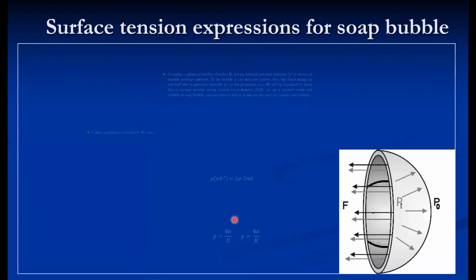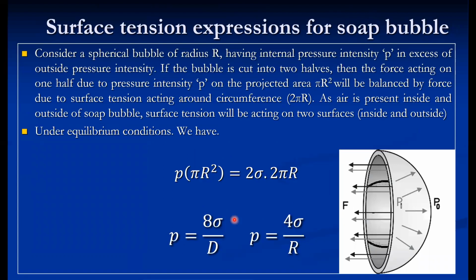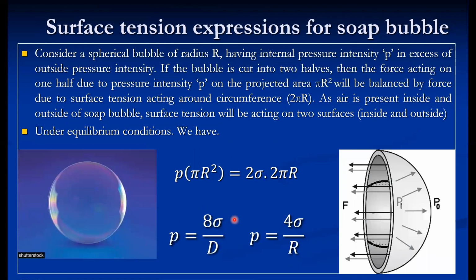Now, in the soap bubble case, consider a spherical droplet of radius r. Again, if we cut it into two halves, then its internal pressure is P in excess of outside pressure intensity. The force acting on one half due to pressure intensity on the projected area, which is a circle, that is pi r square, will be balanced by force due to surface tension acting on the circumference 2 pi r. But unlike the previous case,